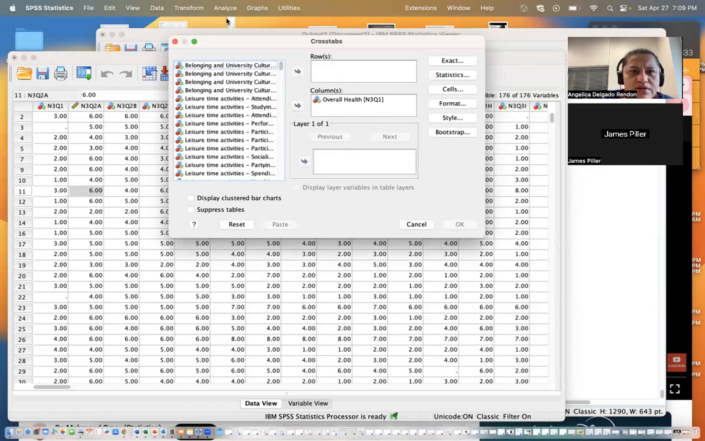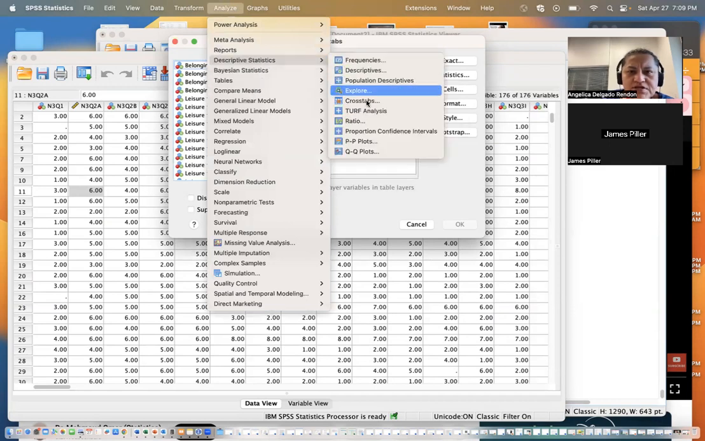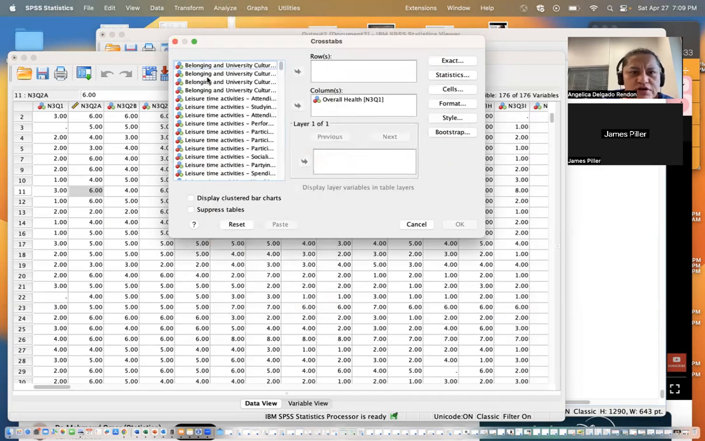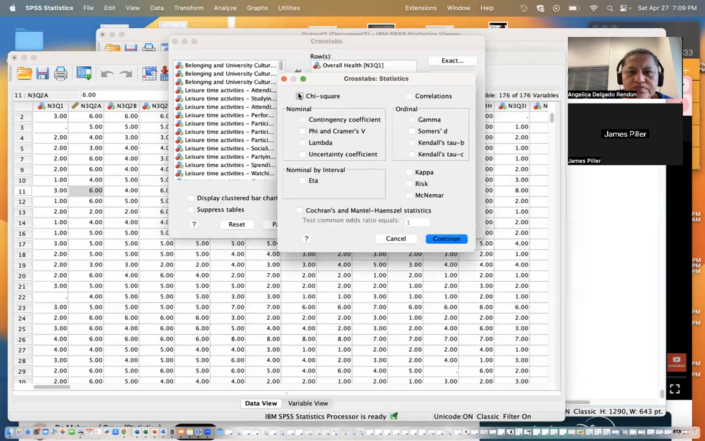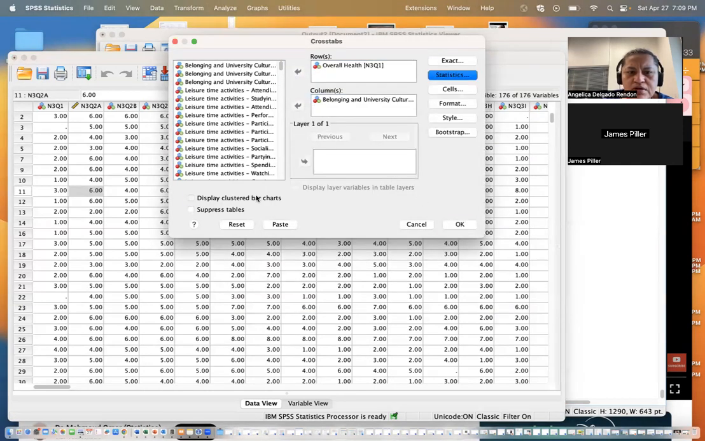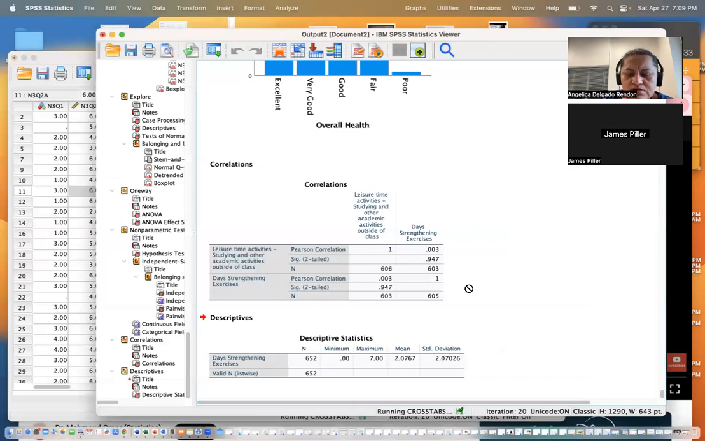Now do crosstab here: analyze, descriptive, crosstab. Let's see, input overall health here, and then belonging to the university in the rows. No, vice versa. The rows be overall health and the columns be belonging to university. And we're going to click display clustered bars. I just want to see what it finds. I want to see if it gives a tally of